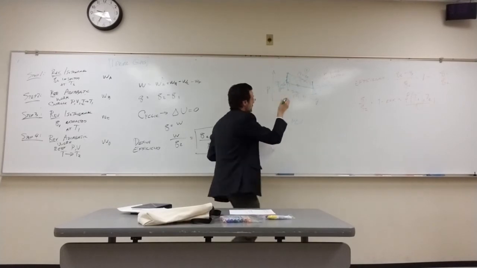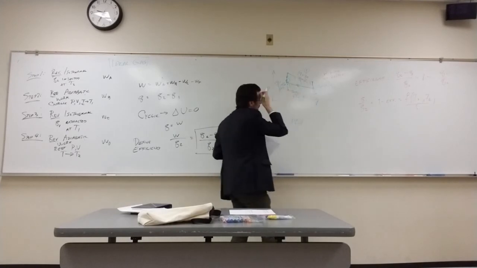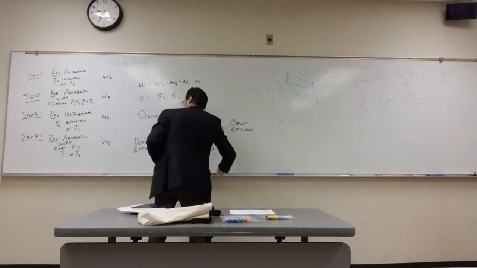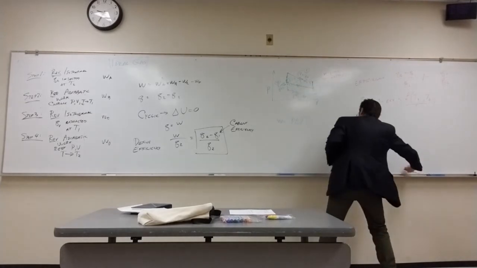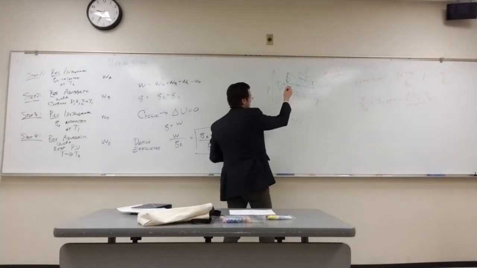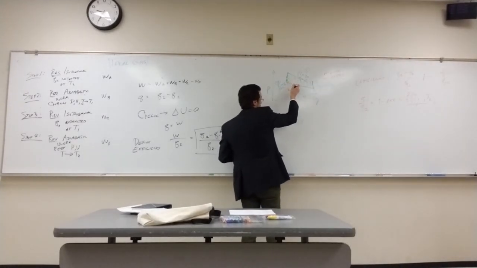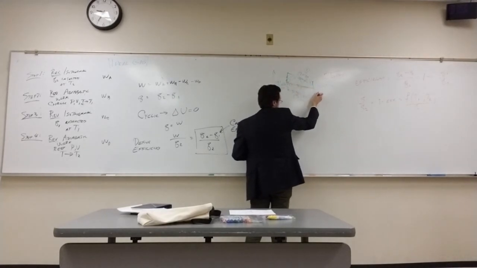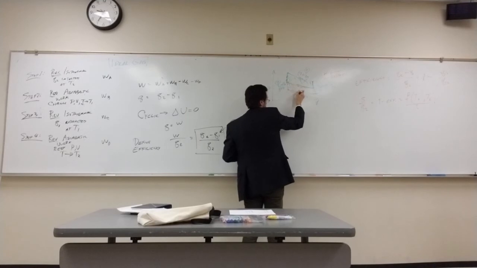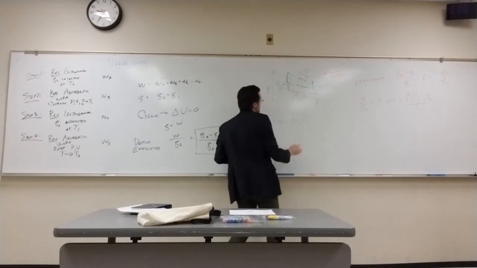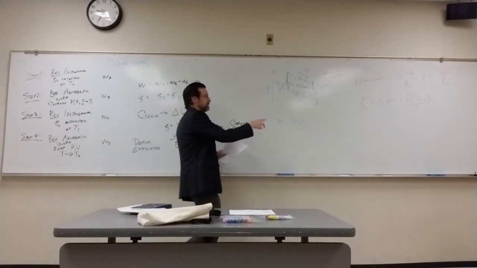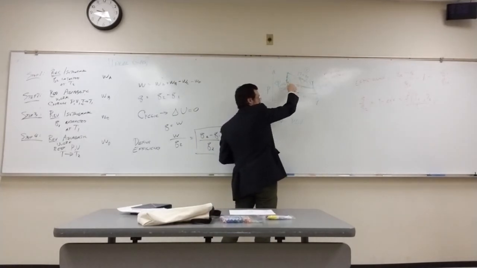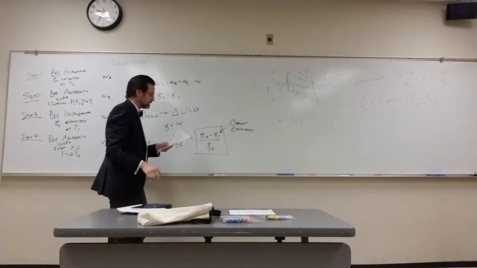So I can have this loop, or I could have a system that starts here, goes down, down, like that. The net work done by these two systems is equal to the work done by that single system,